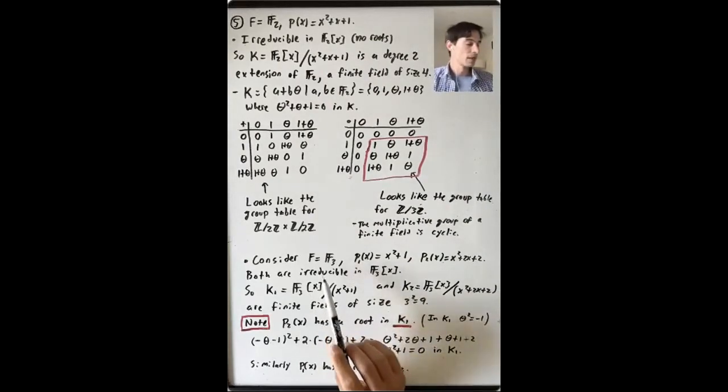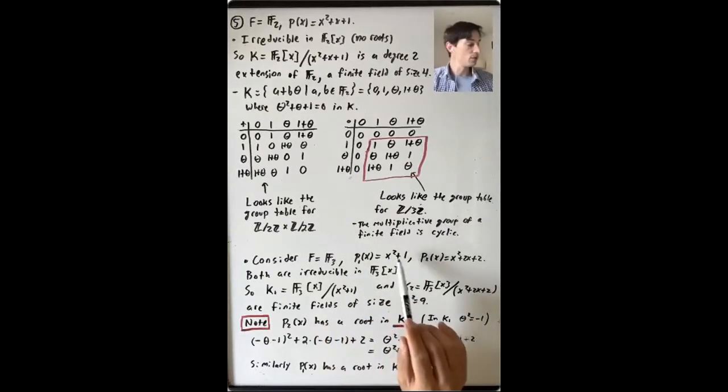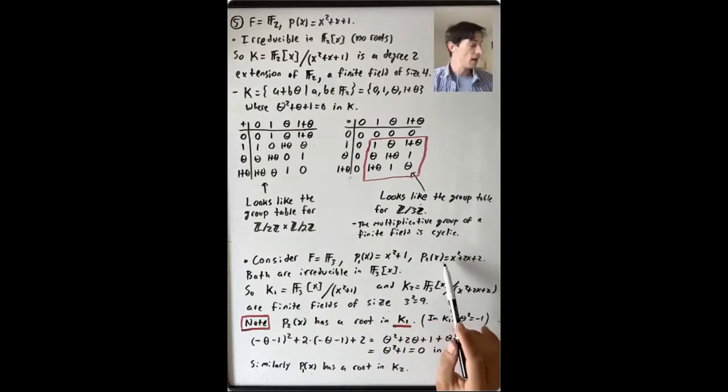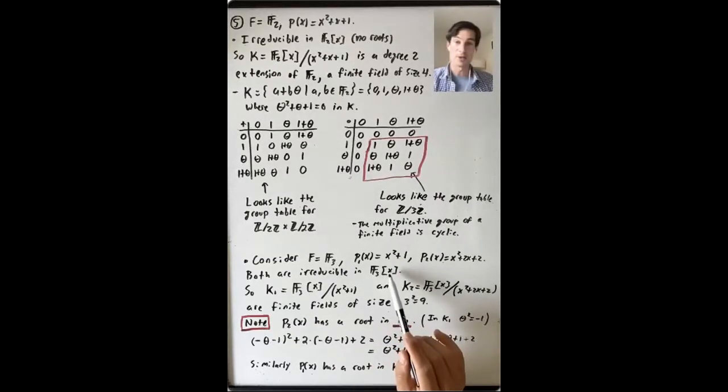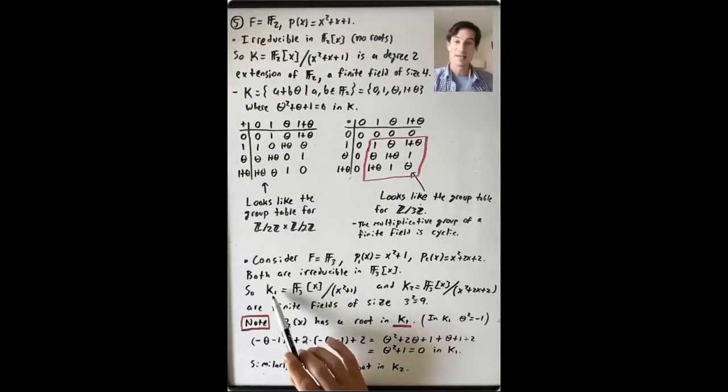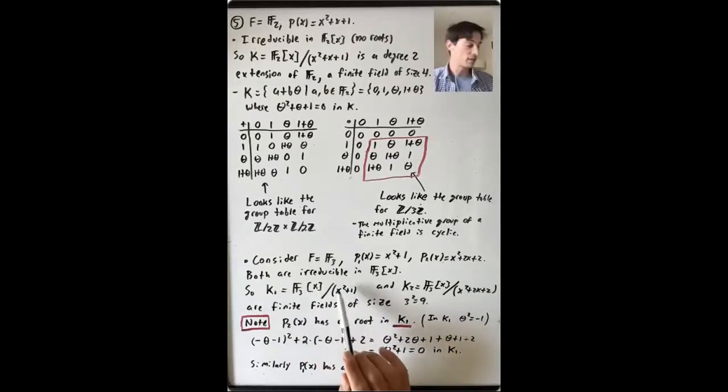So what about if you take F equals F3 and you take two different polynomials of degree 2, p1 being equal to x squared plus 1, and p2 being equal to x squared plus 2x plus 2. These are both irreducible in F3[x]. Neither one has any roots. You plug in 0, 1, 2, and again 0, 1, 2. So that means that K1, the field you get from F3[x] mod the ideal generated by x squared plus 1, and K2, F3[x] mod the ideal generated by x squared plus 2x plus 2,